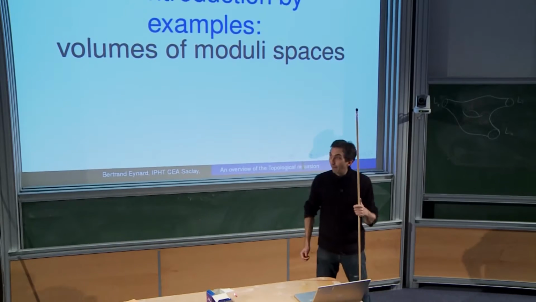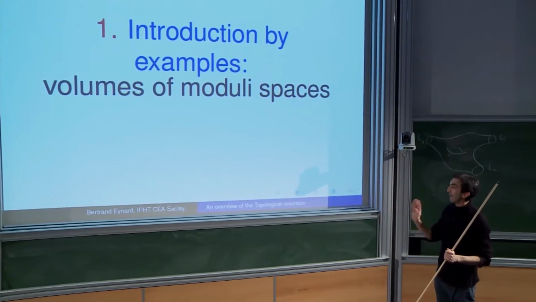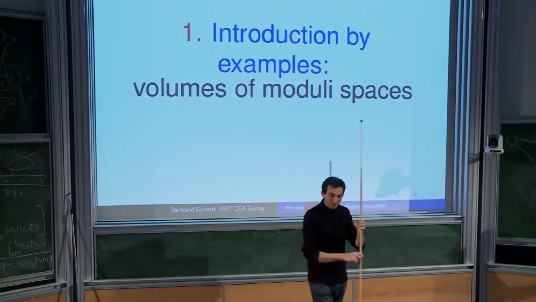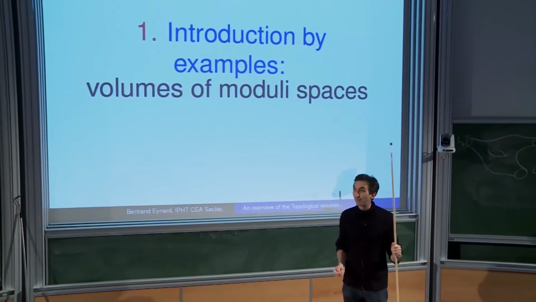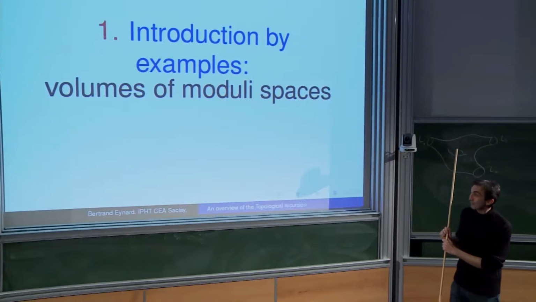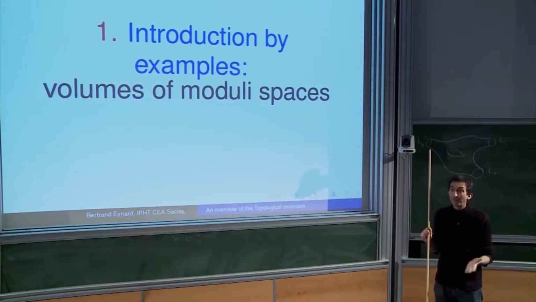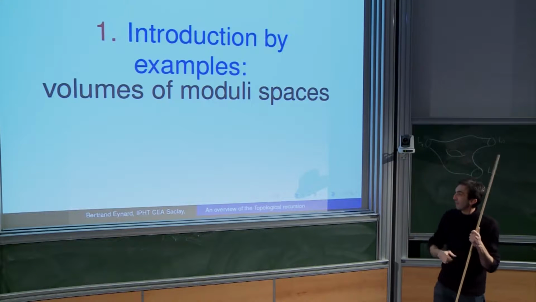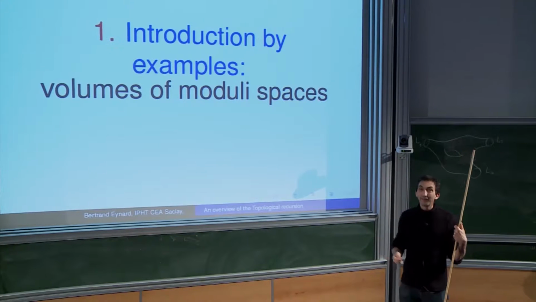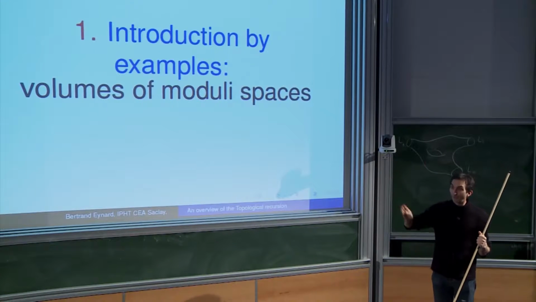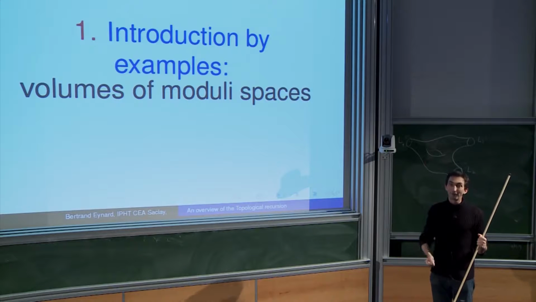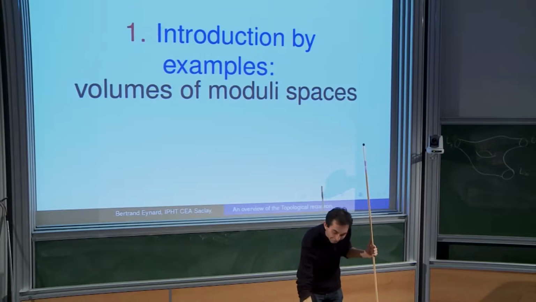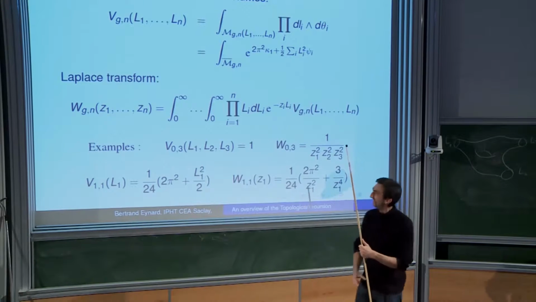So let me introduce it by a very simple example and an actual computation. This definition may look complicated, but let's try to see how to compute it. This topological recursion is now taught in many places in master classes, even in China, in Australia. And Professor Norbury in Melbourne, when he teaches it, says that there is only one way to really understand that equation: try an example and compute. This is the only way to really understand what this means. So that's what he says, at least, but I agree, more or less.